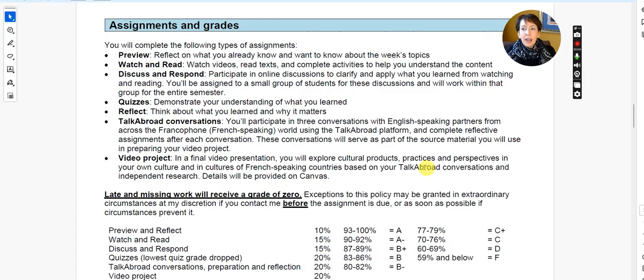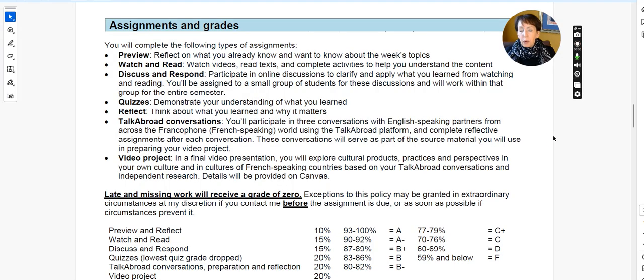the types of assignments that you'll complete. Each module, each week, will have its own module. Those modules are going to open the Wednesday before assignments are due. Assignments are going to be due Tuesday, Thursday, and Sunday. And the week before that first Tuesday, on Wednesday, the module will open, and you will see these types of